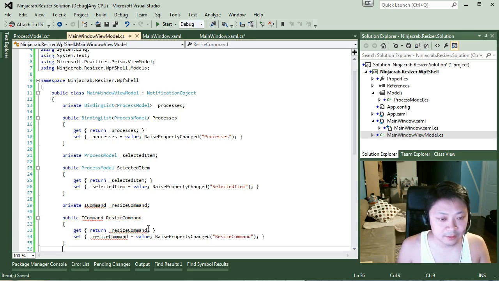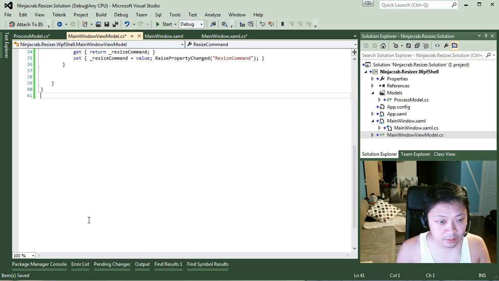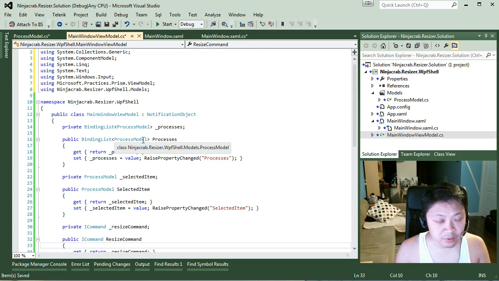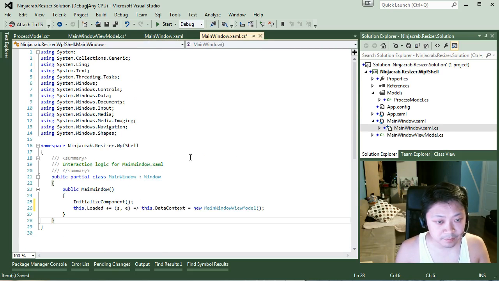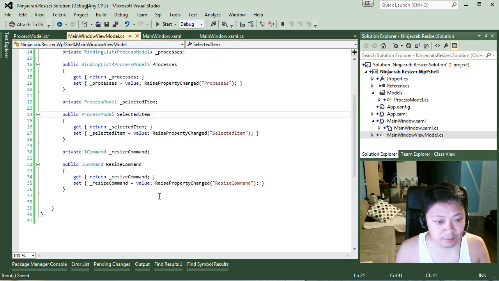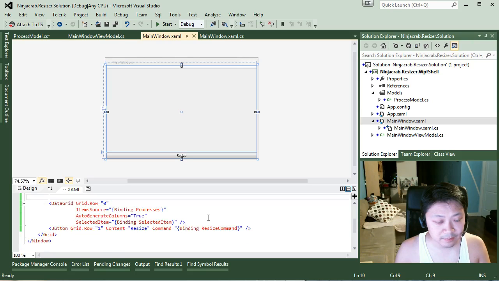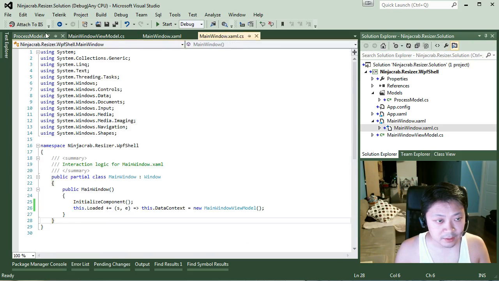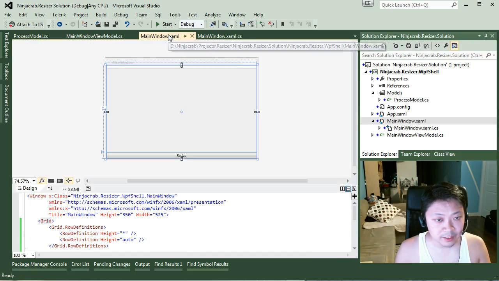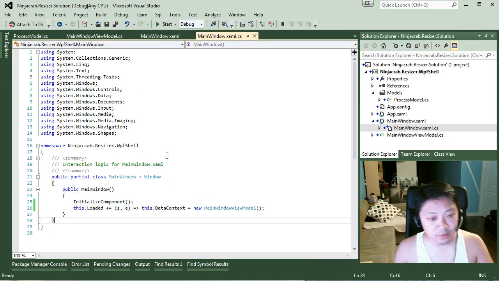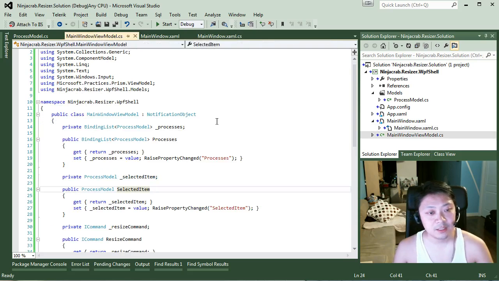Okay, fantastic. Let's add the namespace for I command. Okay, great. So now we have most of the stuff that we need. We'll look at the view model. That looks great. Okay. And so now we actually need to acquire a list of all the processes that the